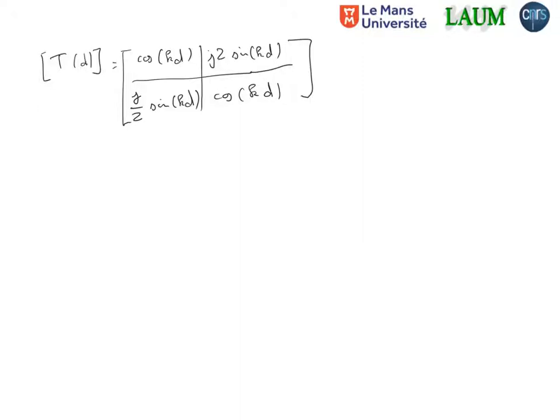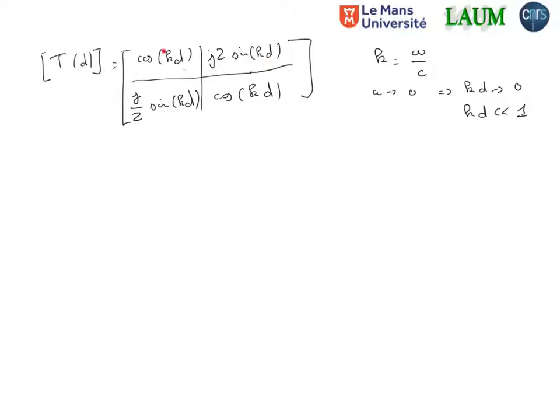So in order to answer this question, we have the transfer matrix here, and we have to consider the low frequency limit. In the low frequency limit, we have to see what happens with the trigonometric functions. As k is equal to omega over c, when omega goes to 0, this means that kd goes to 0. So kd is the small parameter. We suppose that kd is small compared to 1. So kd is the parameter here of the cosine and sine function.